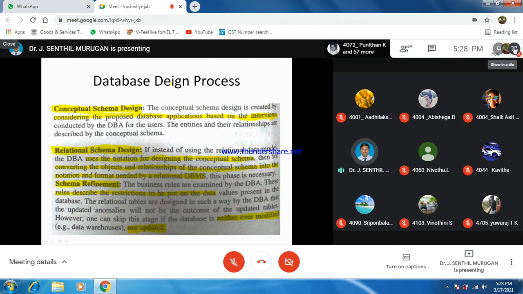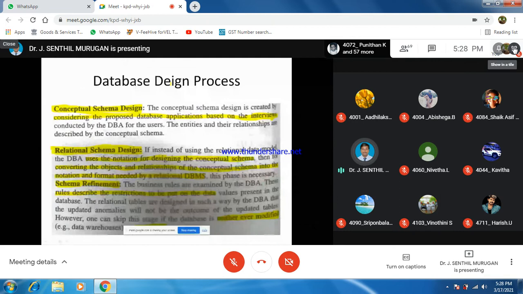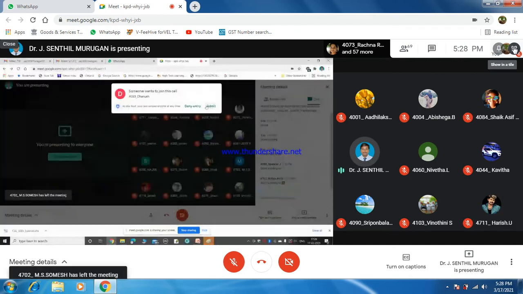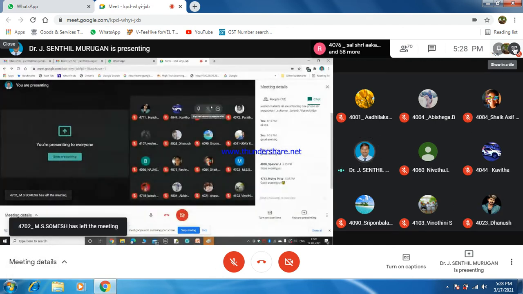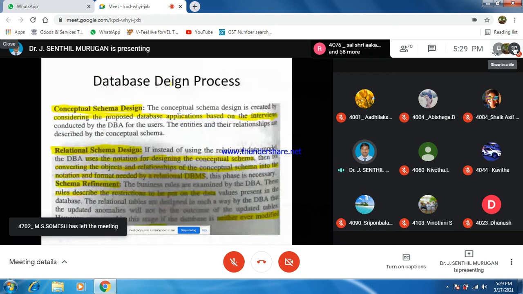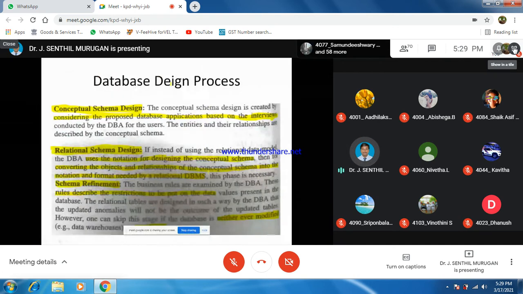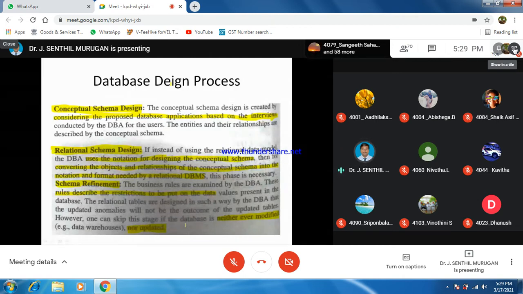Next is schema refinement. What is refinement? Restricting the data. Different rules are there, and based on those we restrict the data and decide whether it is needed, modified or updated.